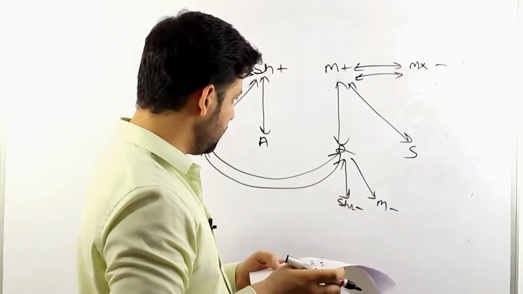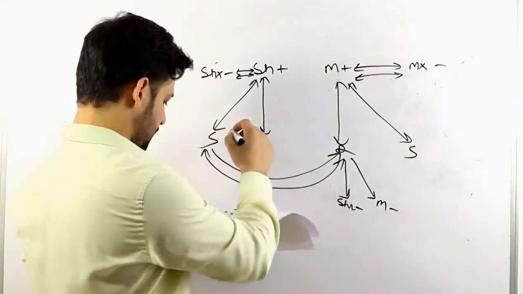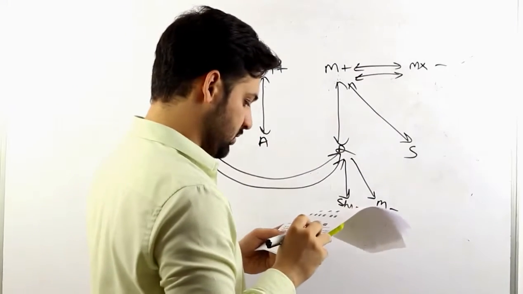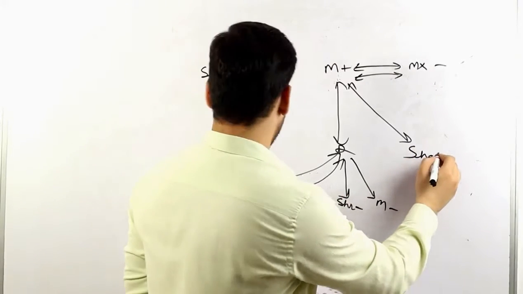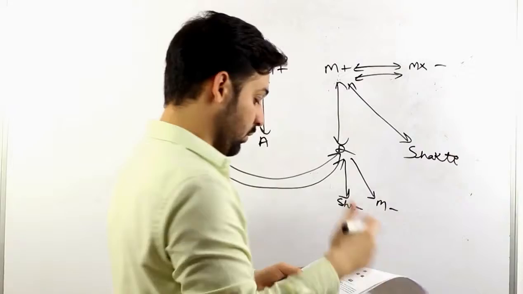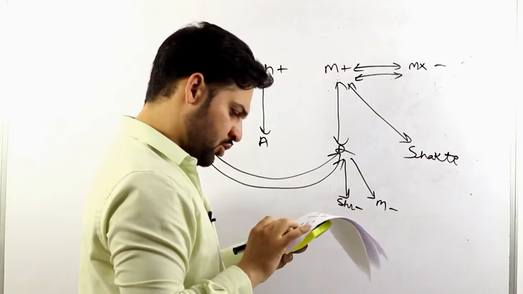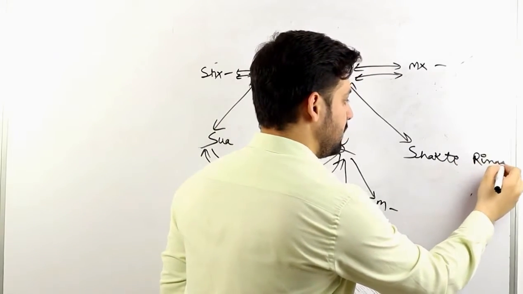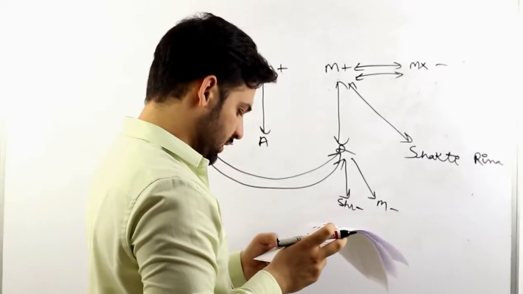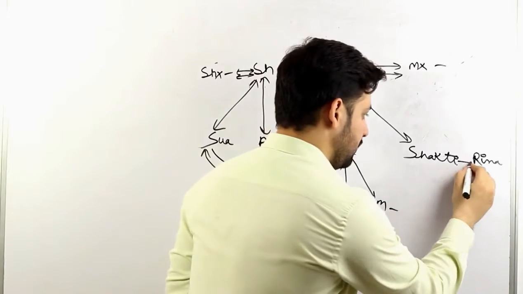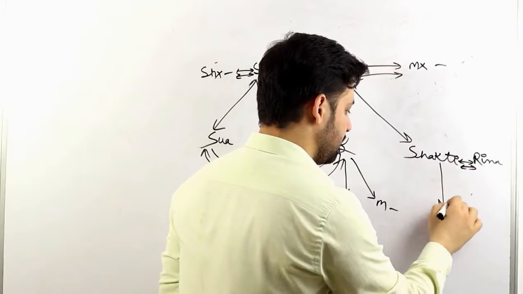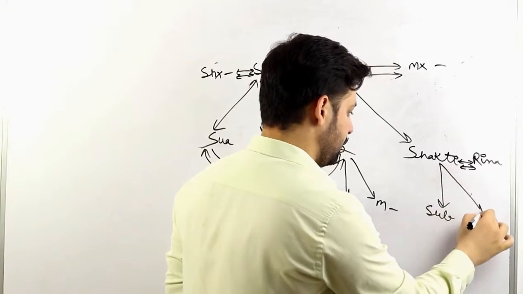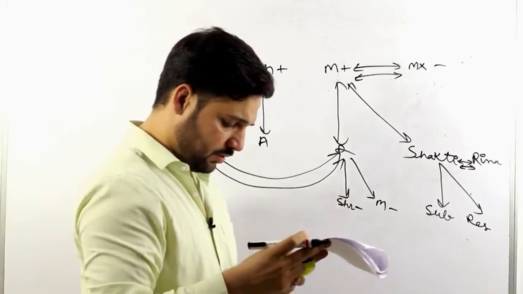Shakti is married to Reena. I just got confused here. I think here is Aarti and Saurabh. I should give it a different name. Ritu and Shakti, similar names are there. Now Shakti is married to Reena, and two children, Subhash and Reshma, are born.